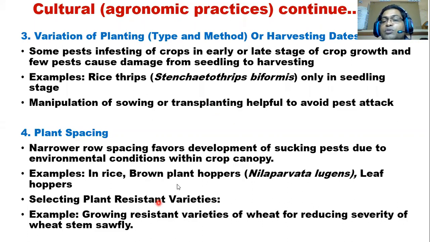Otherwise, there are chances of build-up of BPH, brown plant hopper, Nilaparvata lugens. And also some of the rice dipterans, whorl maggot and gall midge, their breeding site is dense plant population. So you have to be very careful. The gall midge and whorl maggot are highly important, attacking in the wet zone and wet intermediate zones more than the dry zones. So you have to use proper spacing of your plants and thinning of your plants.